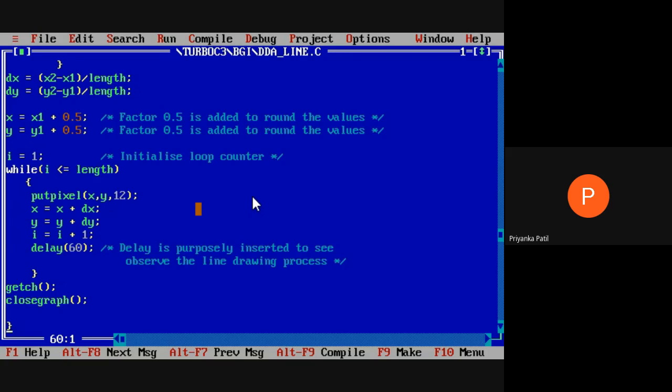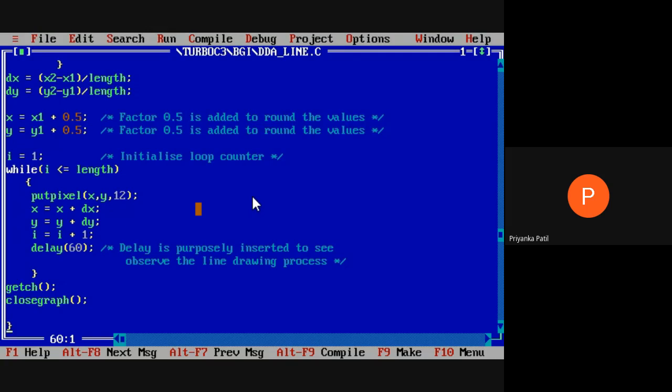Delay is the function through which we give a specific time span between statement executions. With the help of this we can view the line being drawn. There is no fixed appearance of the line. We can see that the line is drawn from one point to another, because we can give the delay between function executions. This is the basic layout program for the line drawing algorithm with the help of DDA, the digital differential analyzer algorithm.